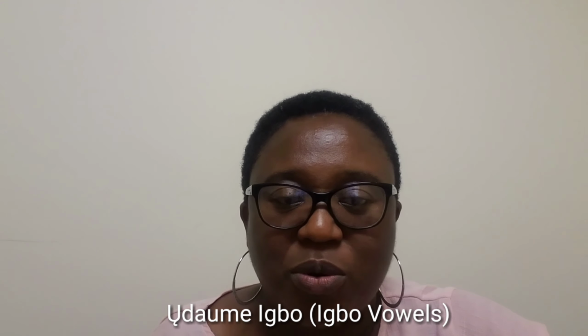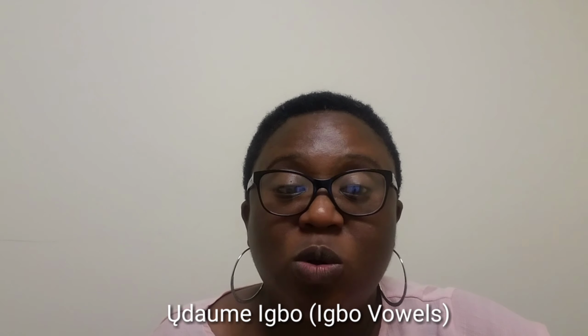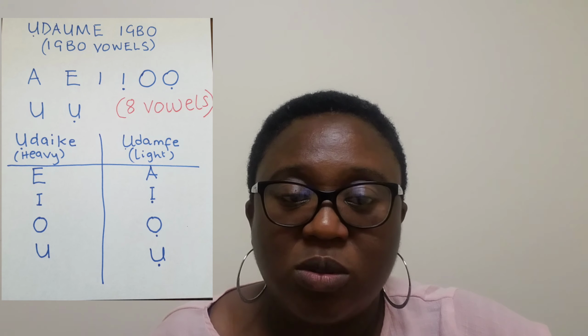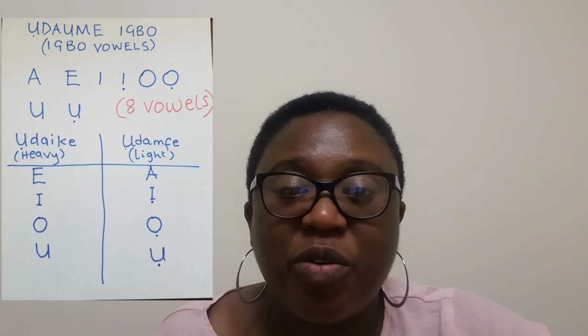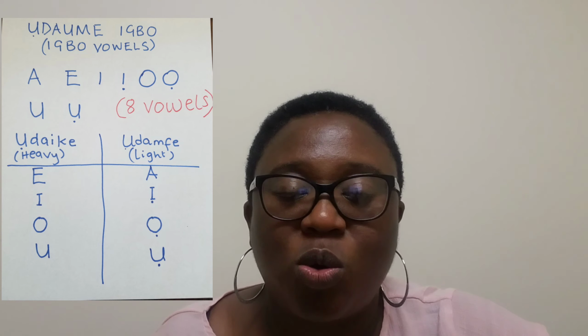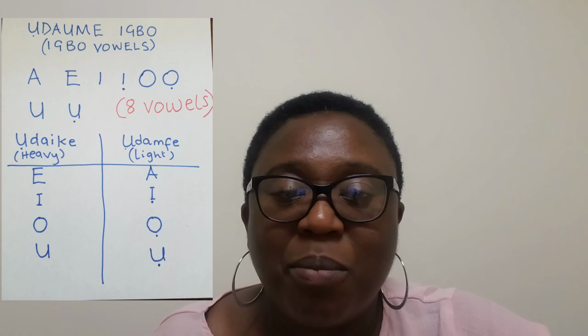Igbo vowels. There are 8 Igbo vowels. Anyị nwere ôdaume asatọ. Ha bụ